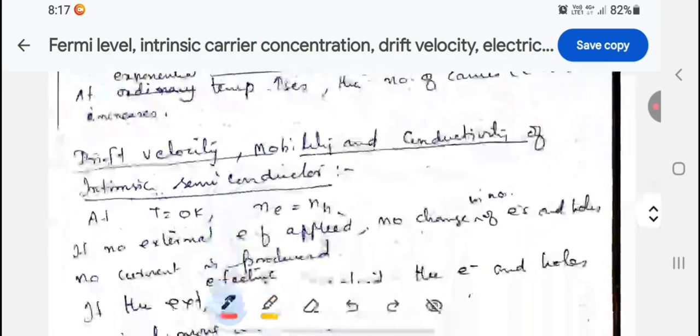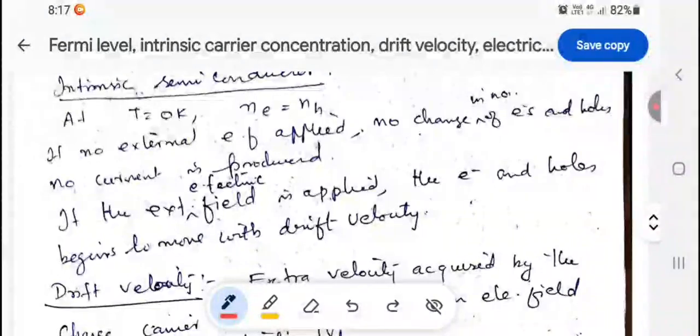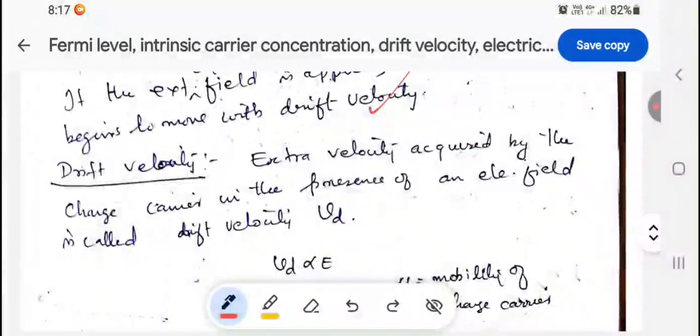Now next we have these terms: drift velocity, mobility and conductivity of the intrinsic semiconductor. At 0 Kelvin both the carrier concentrations are the same. If we are not giving any external applied force, there is no change in the number of electrons and no current is produced. If an external electric field is applied, electrons and holes will begin to move with a drift velocity. So what could be the drift velocity? The extra velocity acquired by the charge carrier in the presence of an external electric field is called the drift velocity